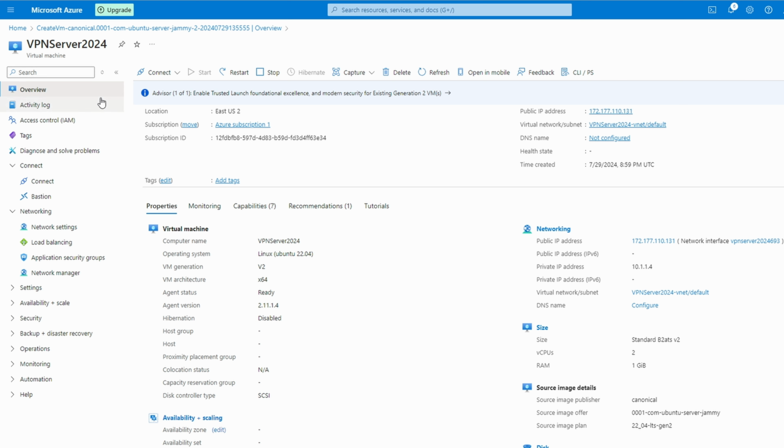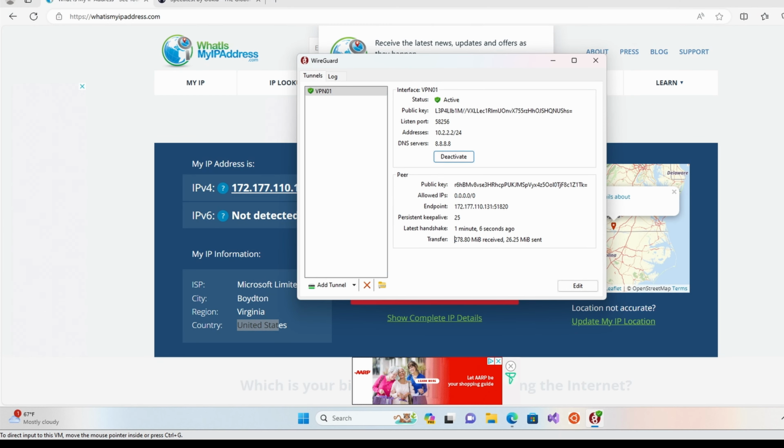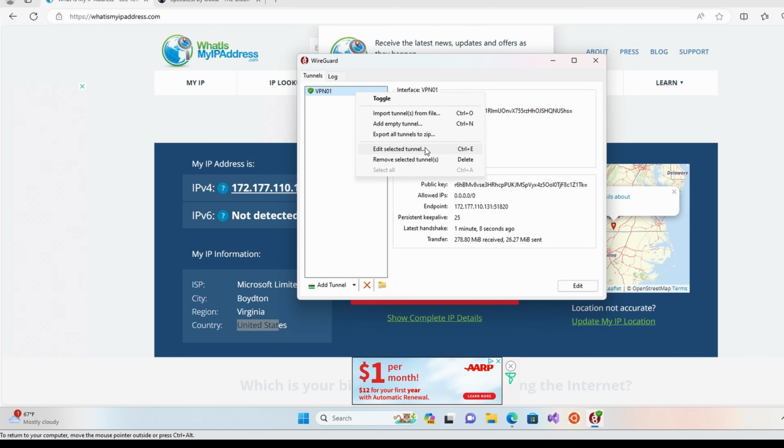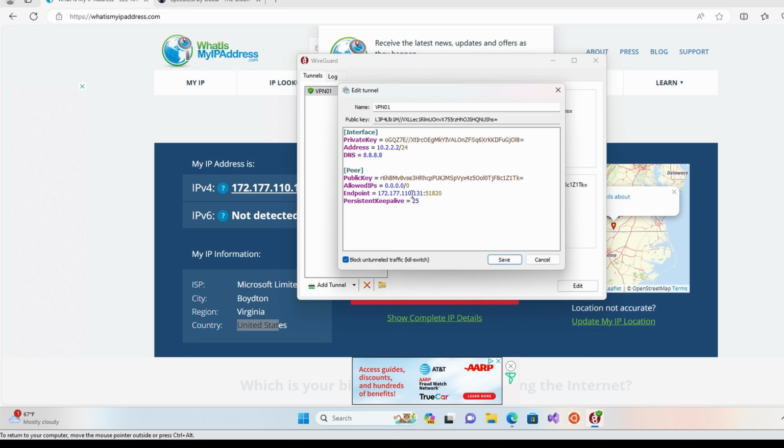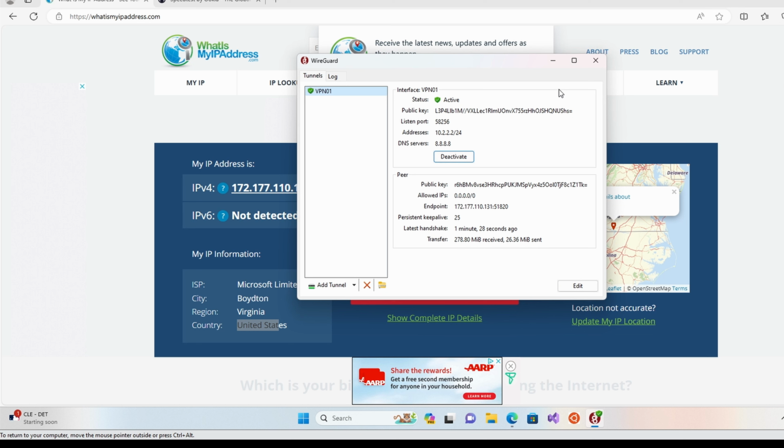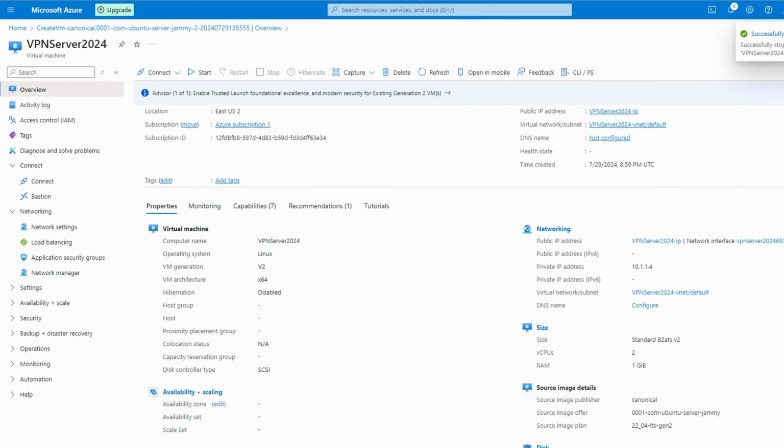You just go ahead and see what the IP address is here, go back to your client machine, and just edit and change it here. That's all you need to do. I know it's a few things you need to do, but at least you don't need to pay and you don't need to be worried, because you know what you need to do, because you are an IT guru. That's okay, but only if you want it,